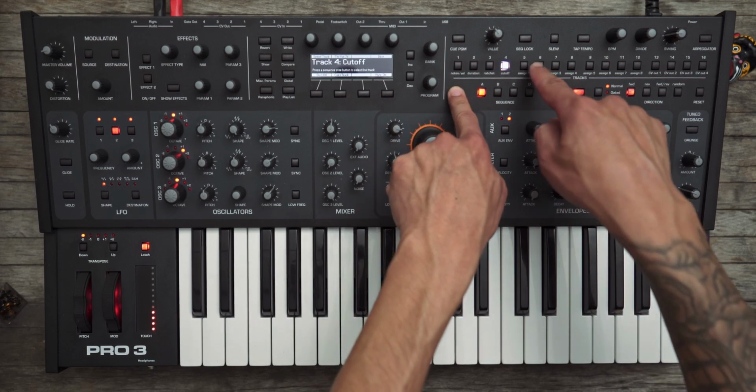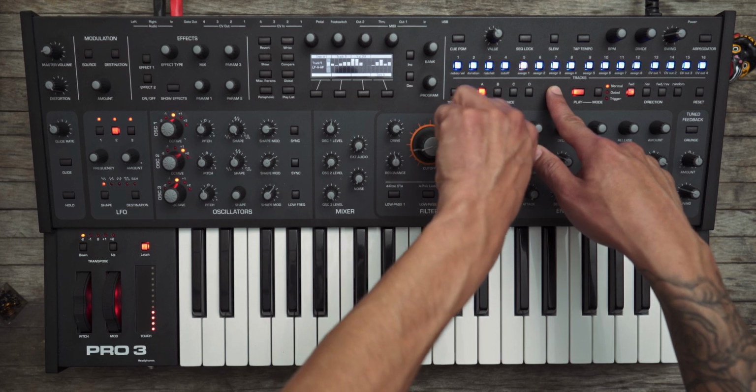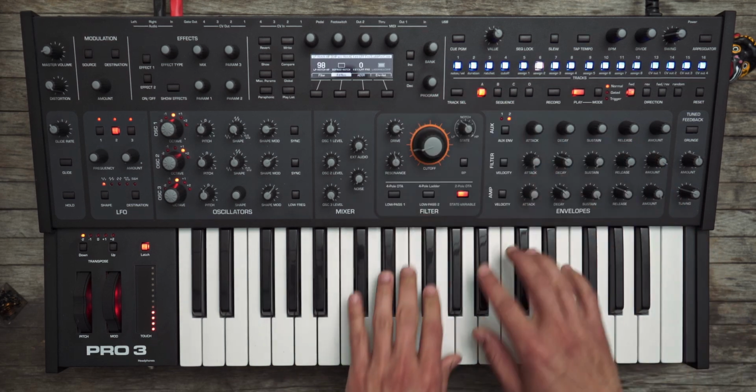And then, what is it? Assigned track 1, which is our low pass, high pass section. We'll make it not as intense. Just kind of wiggle it around like this. Cool. So now...